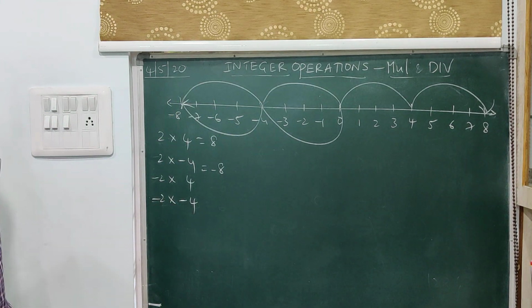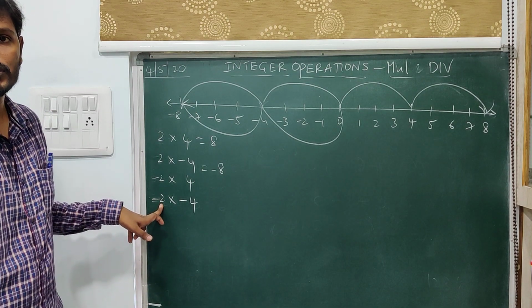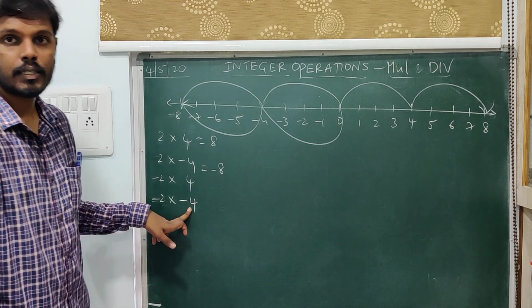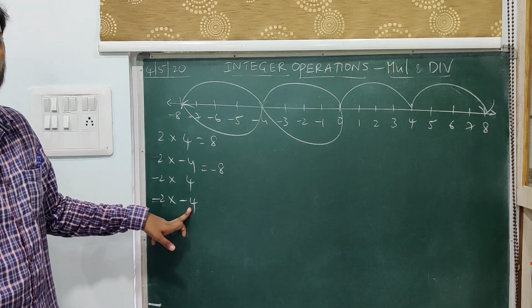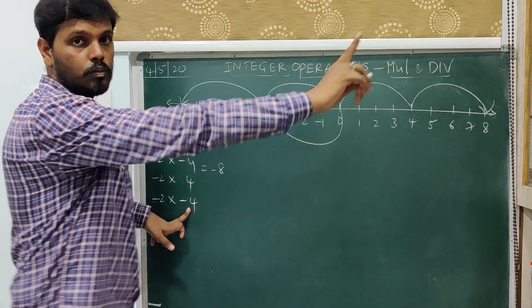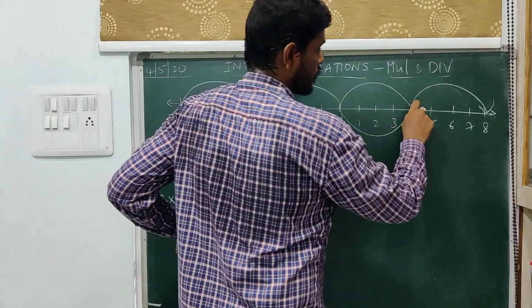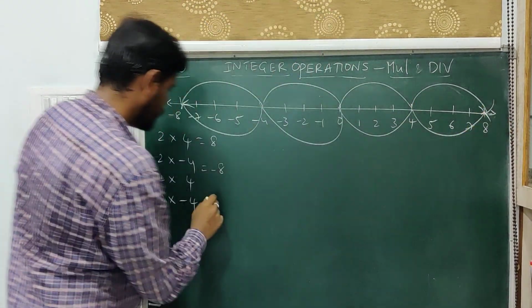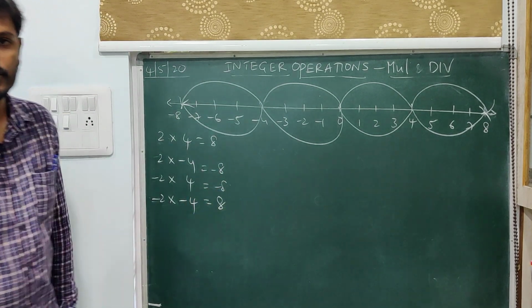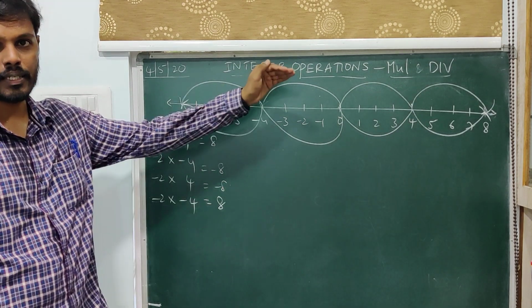Now minus 2 into minus 4. Again, minus 2 is a negative multiplier. Therefore, this is successive subtraction. Subtraction of a negative integer. When you subtract a negative integer, you always move in the positive direction. So you have to subtract minus 4 2 times. Therefore, you move to the right side, that is in the positive direction, 2 times of 4. So this is 1, this is 1. So this is 8 and this is minus 8. So this is basically the way we go about multiplication.